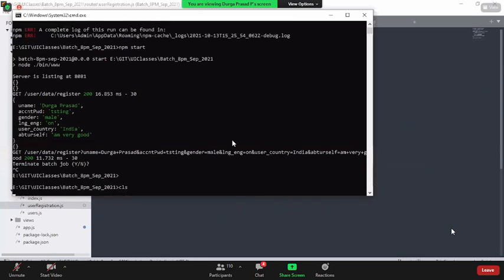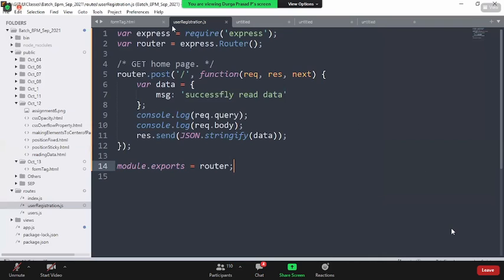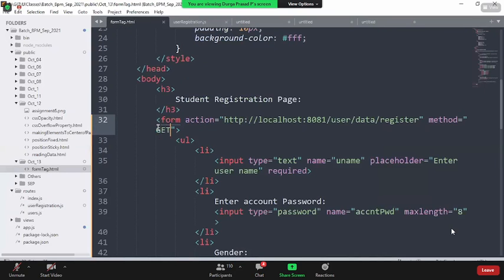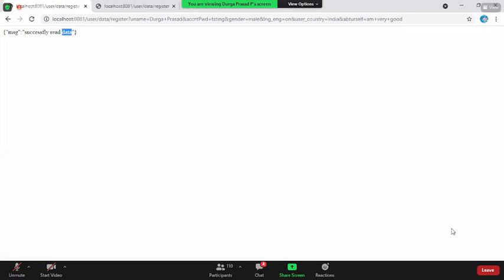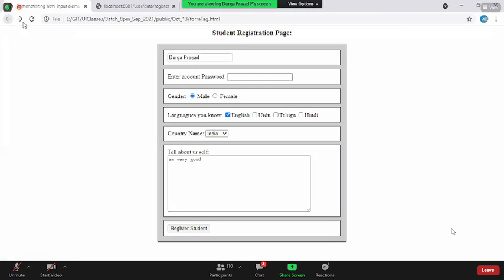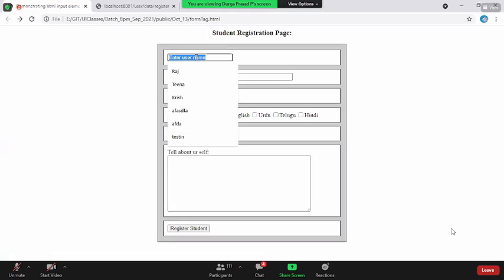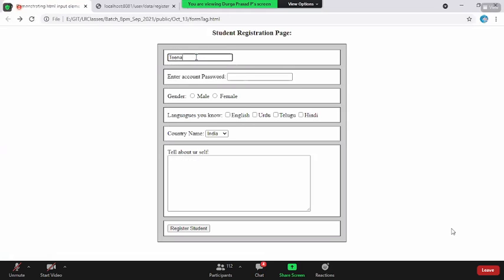I restart the server with npm start and go to your HTML. You are not bothered; you simply say, boss, I made it a POST, and you simply convert it to POST. That's it. Now you go to your URL and reload the page. I say username, some cleaner, some message, female, English, Urdu. When I click on register,